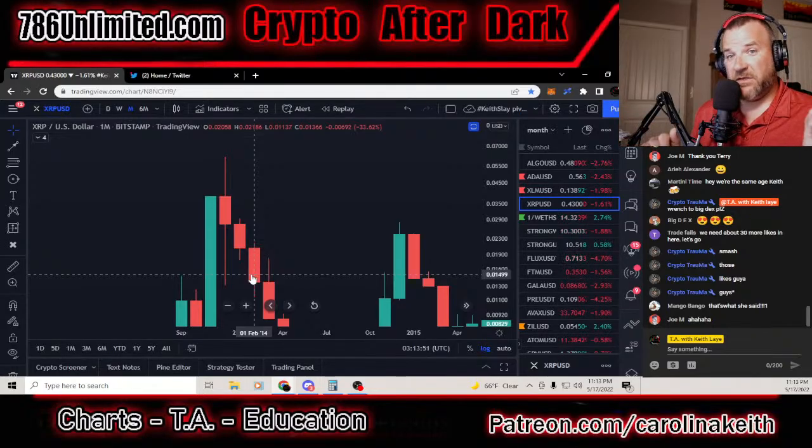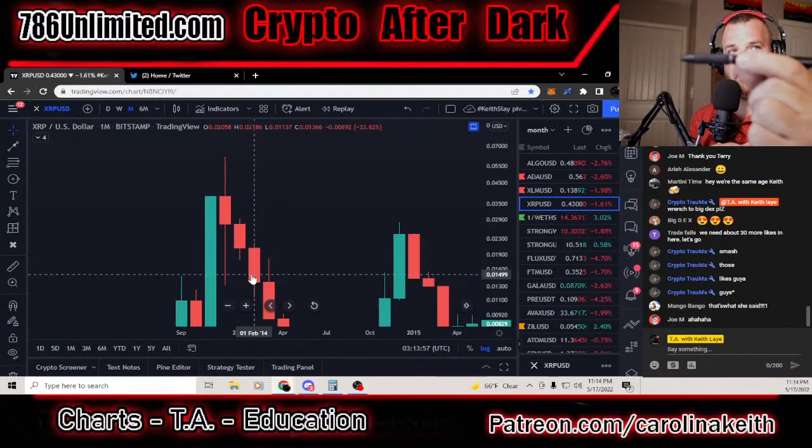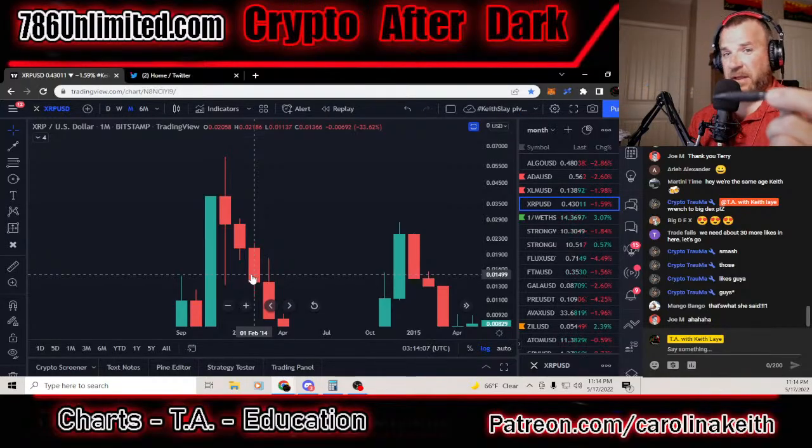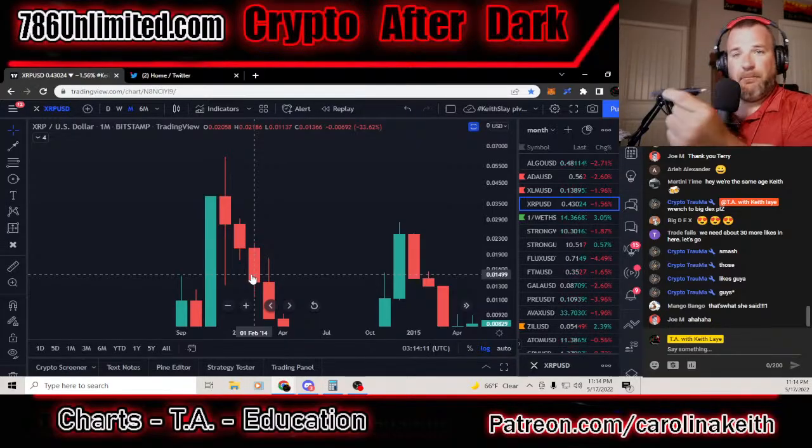If you think of this as a tug of war between the bulls and the bears, and they're constantly pulling back and forth, the little stripe on the pin right here is the midline of that tug of war. As you pull back and forth, this is the bears and the bulls fighting. Well, instead of this just being a normal tug of war, it was doing this. Back and forth and back and forth.